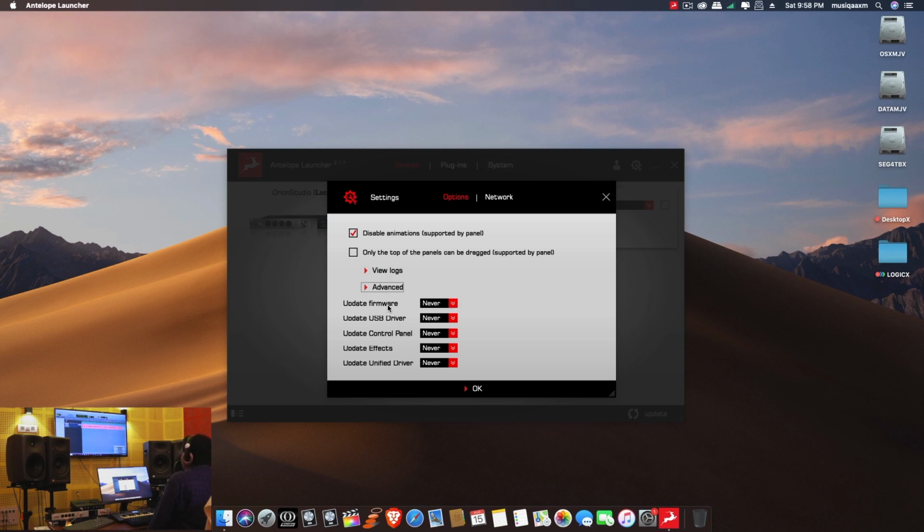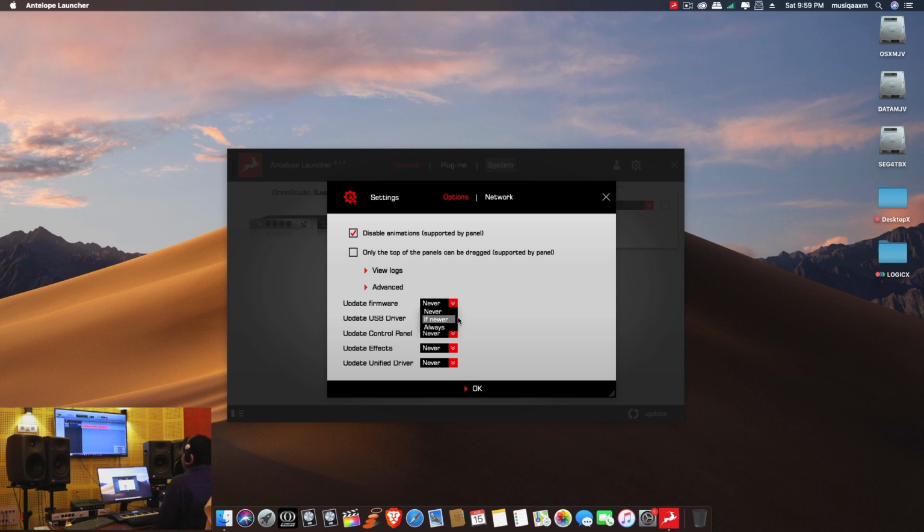But if you have a newer device like Synergy Core, Orion Studio Synergy Core, or ZenTour Synergy Core, you can check the option if newer. I don't recommend checking always because it will sometimes automatically do the updates. If you are in the middle of a session, sometimes it will screw up your system. So before doing the update, please verify the update is fine.